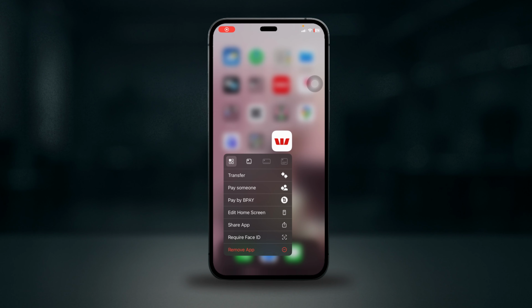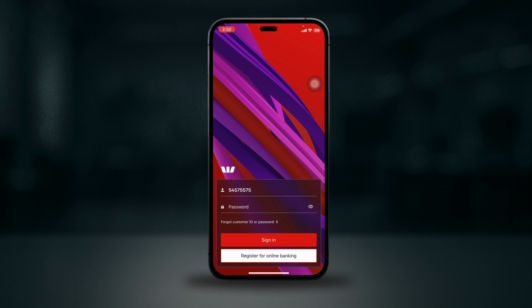Hey everyone, welcome back. To transfer money using the Westpac mobile app, log in and open the payments or transfer